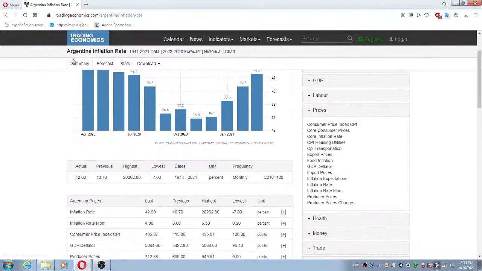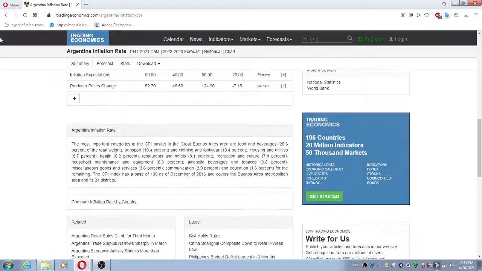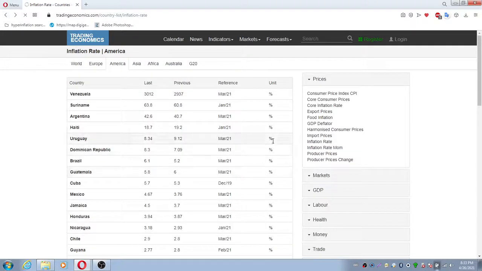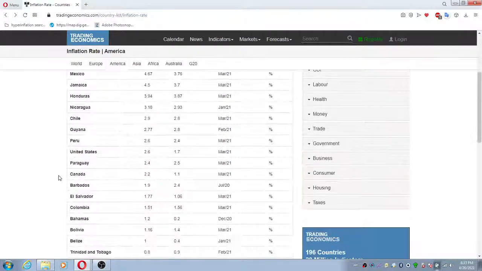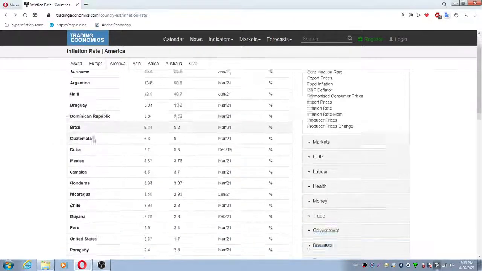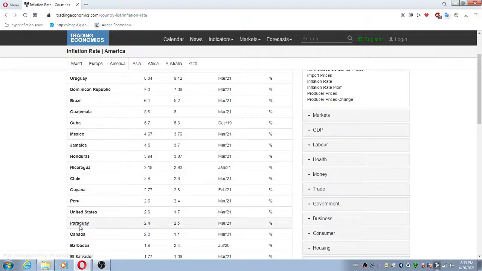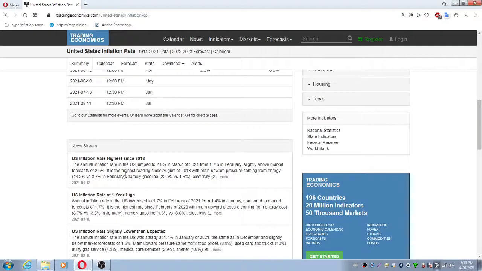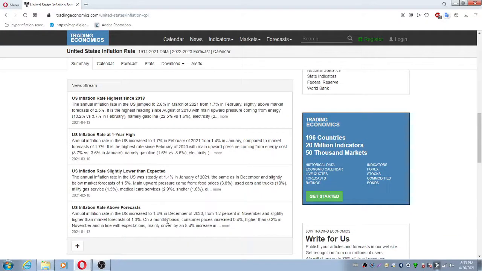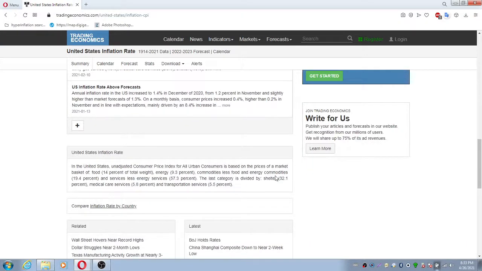What I mean by that is in Argentina, you're spending 28% of your money on food, and that could just be a result of the inflation they're seeing, whereas in a country like Canada, for example, or the United States, whatever I find first,